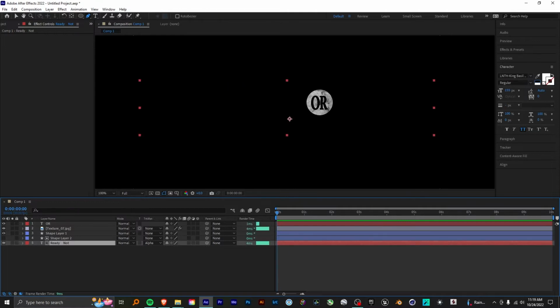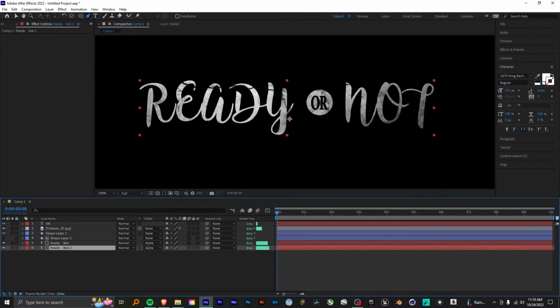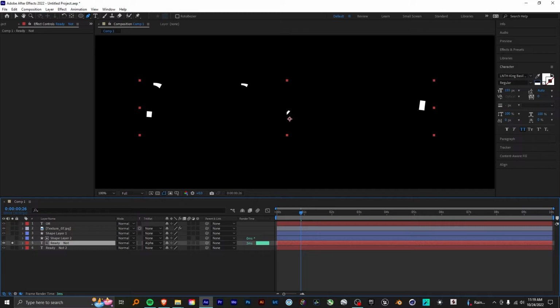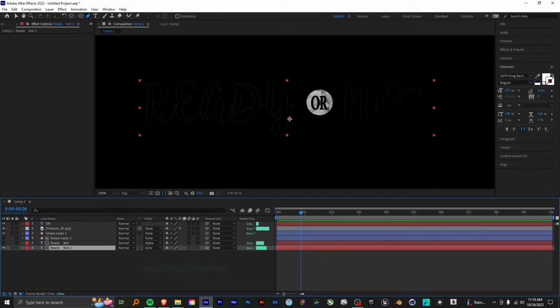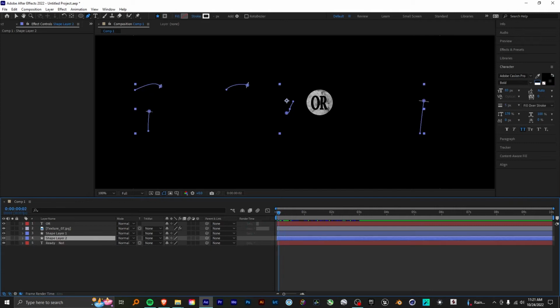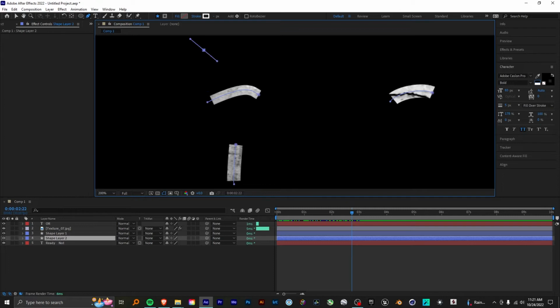So all we have to do is duplicate the text, make sure that it doesn't have a track matte, and now we have a copy of our text that isn't affected at all. So we basically want to hide the areas that this are on, right? So we can actually set this to alpha inverted. Okay, so we have the accent marks animating in, but of course they are just the shape of our shape